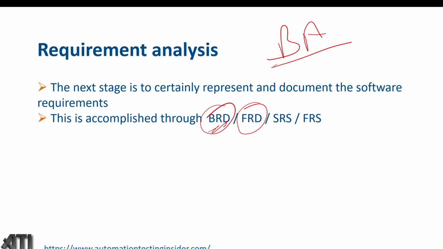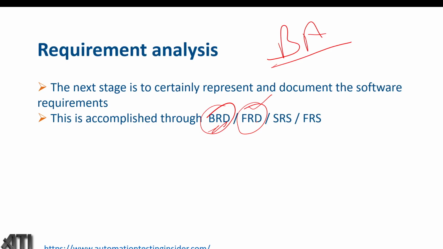The requirements from the customer are documented in the business requirement document, and it is done by the business analyst. With the help of the BA, we pass all this information to the technical team, where the documents are created at a detailed level by the FRD, the functional requirement document. What the customer requires is captured in the BRD, and detail-level information is captured in the functional requirement